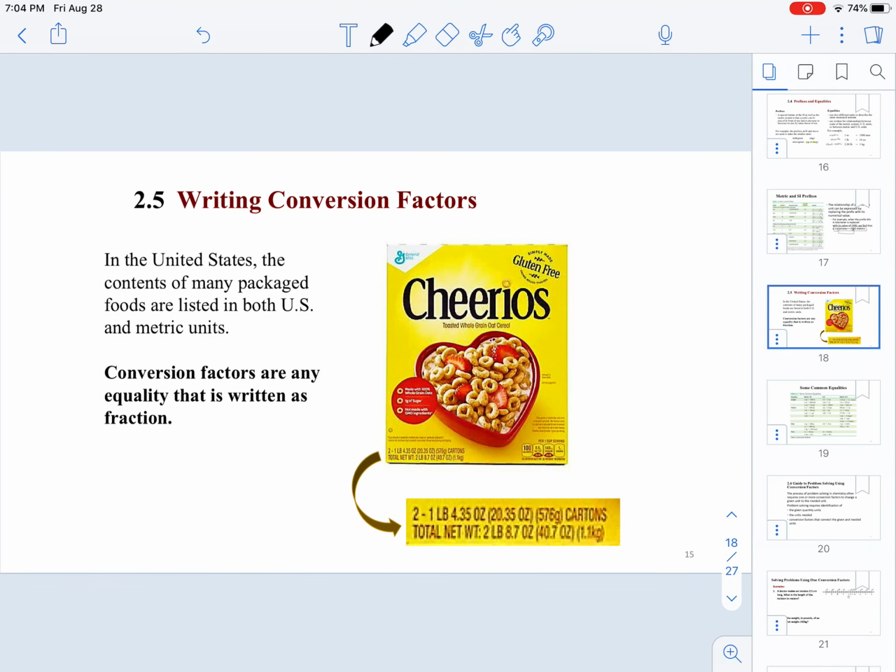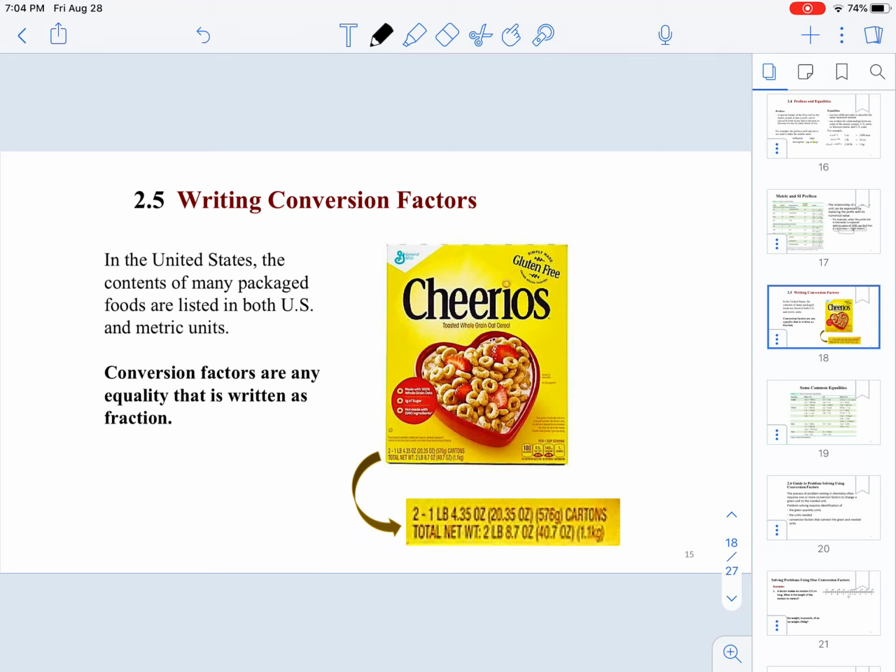Now, as we move right along, we need to be familiar with writing conversion factors. And even though you may not think about them, conversion factors are everywhere. If you look at any food product that you have at home, it could be liquid, it could be solid, you will see that conversion factors are present. To give you an example, if we look at a box of cereal,